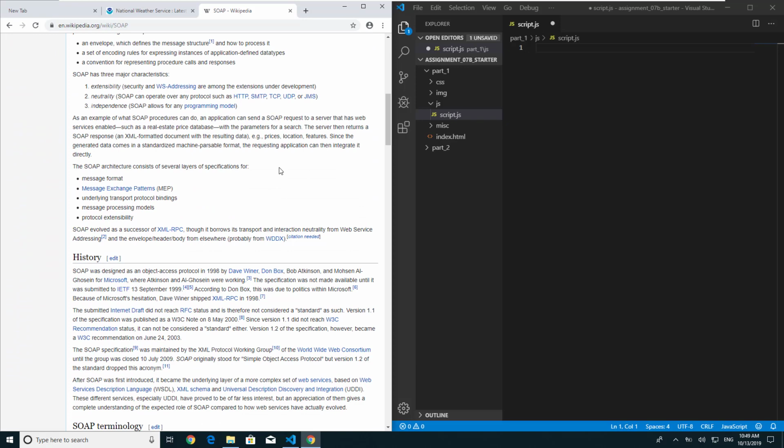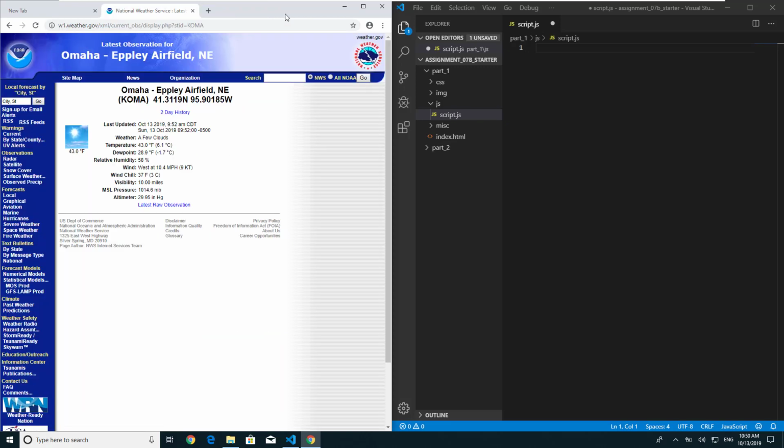It's an older way of exchanging data between machines, but it's out there and it's still very much used. So you will probably run into XML in your career. So we are going to look at that in a simple use case. Now, what we're going to do in part 1 of assignment 7B is just retrieve the